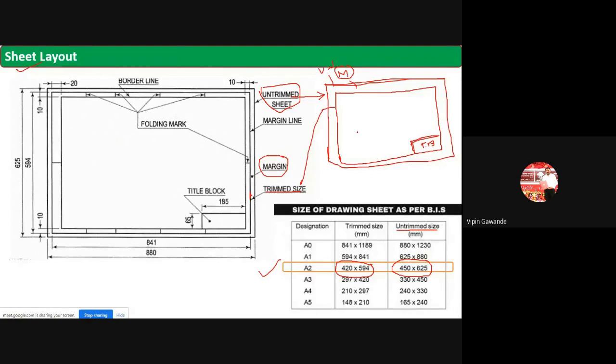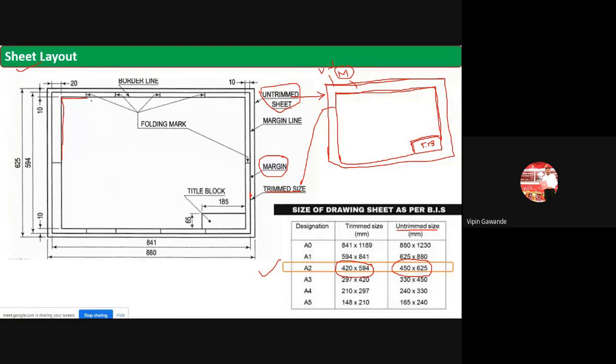we have to take, now this is the trim size. Okay, so we have seen this one is the trim size. See this one, this is the trim size. Now after that, what we have to do? We have to draw another rectangle. Which rectangle? We have to draw this rectangle now. Here, see this one. You have to draw again one rectangle inside this drawing sheet.